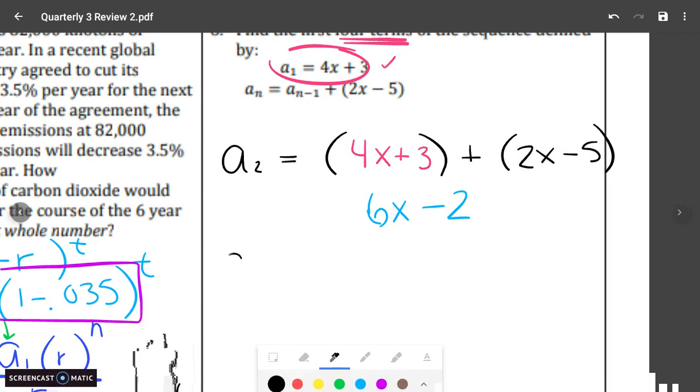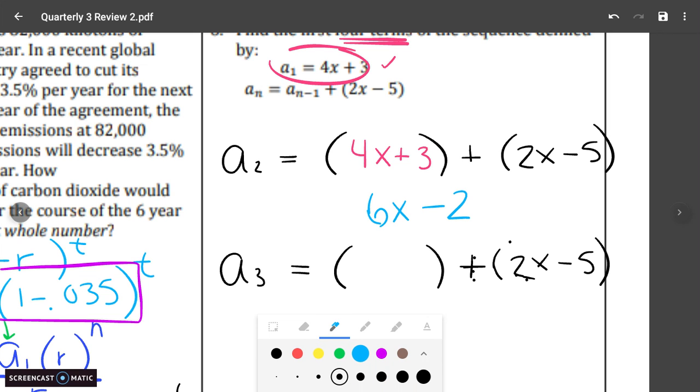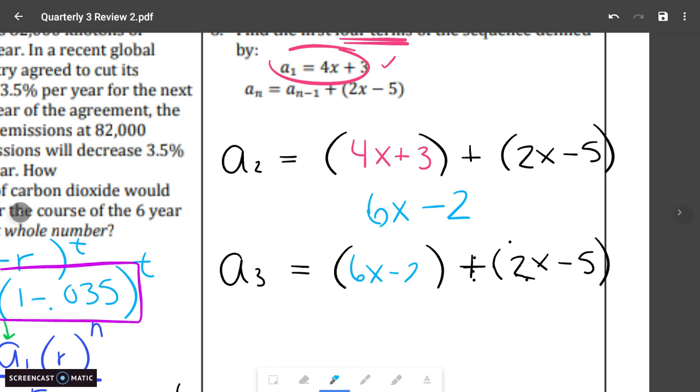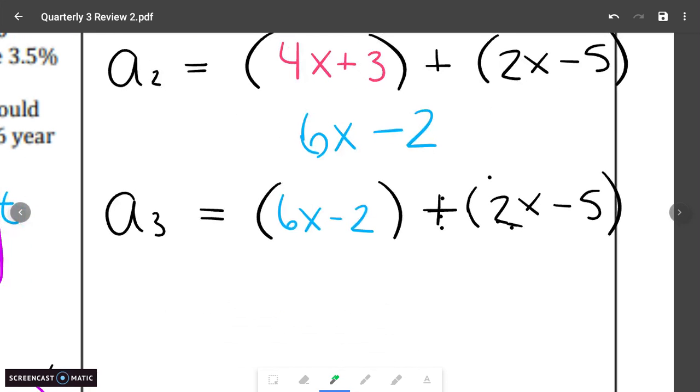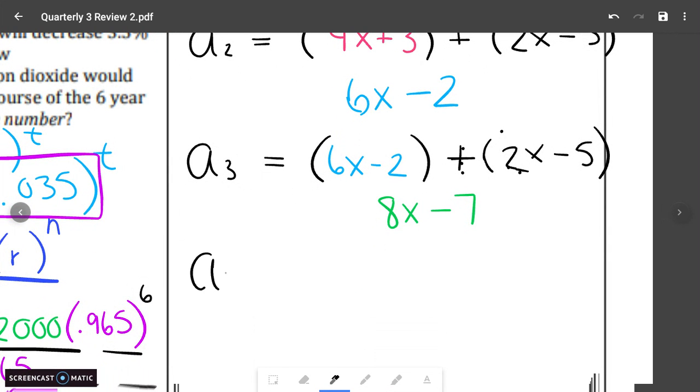We do the same thing. A of 3 equals something plus 2x minus 5, because that A of n minus 1 is changing every time to plug in the previous term. Now, if I want 3, the term before 3 is 2. So I'm plugging in that answer instead. And when I do that here, I'm going to have 6x plus 2x is 8x. Negative 2 minus 5, negative 7. And that's a of 3. And lastly, we'll do it for that fourth term because we want